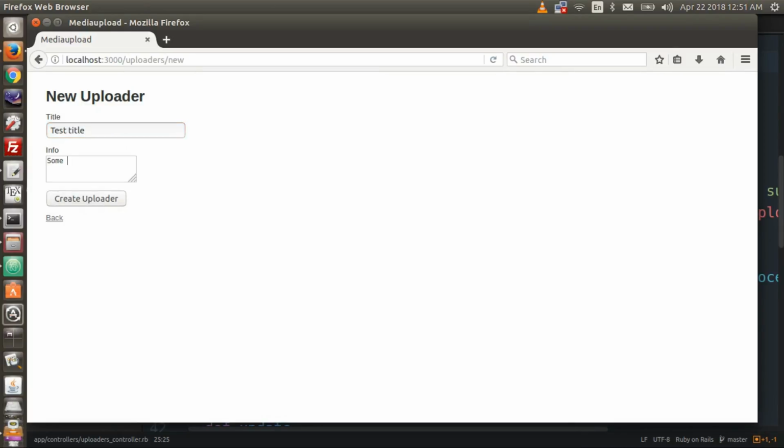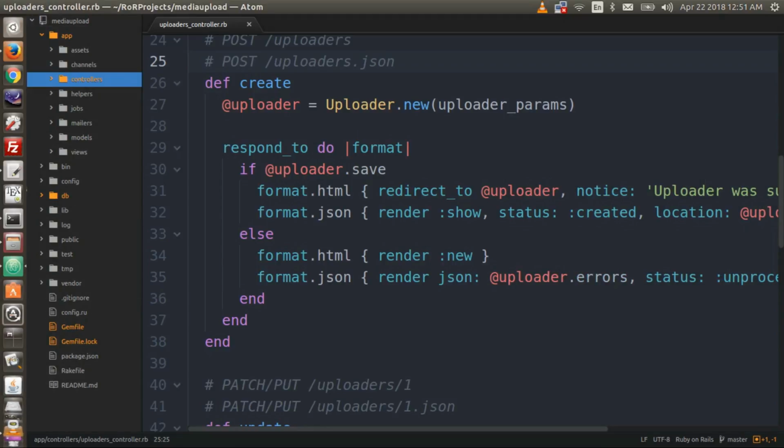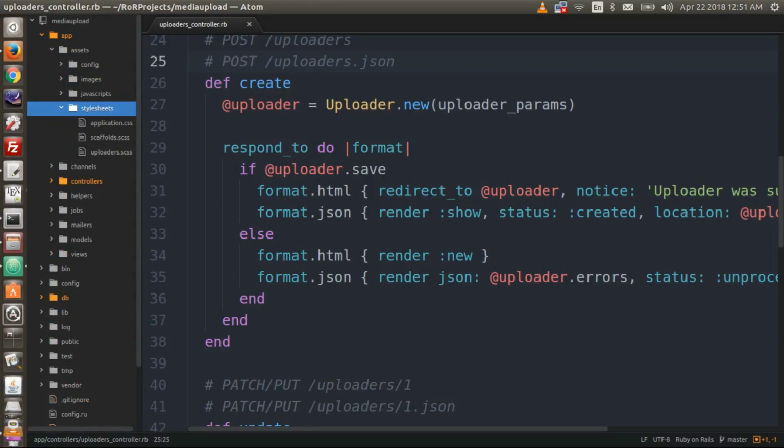And here I'm just typing some info text. And then we will hit create uploader button. There we go. So all works fine. Before typing in the code for the uploader model, let's do a tiny bit of styling to center everything on the screen. Back in the text editor, go to the assets folder, style sheets folder, open up the